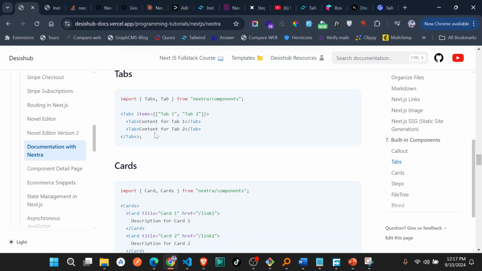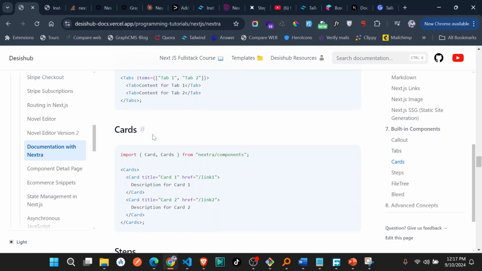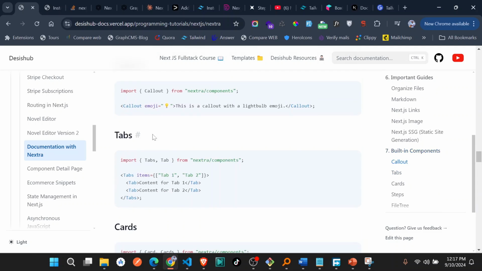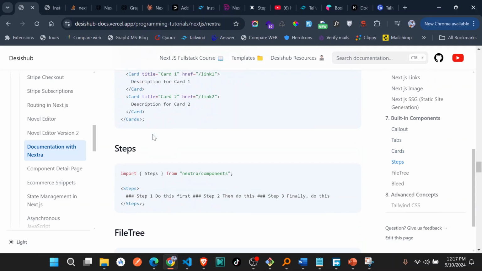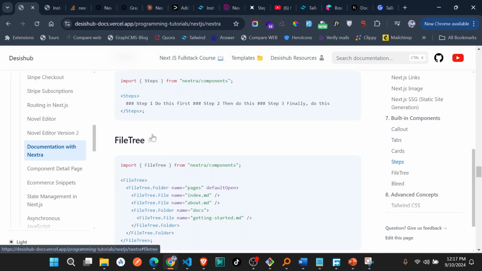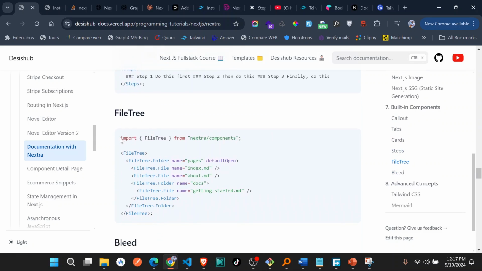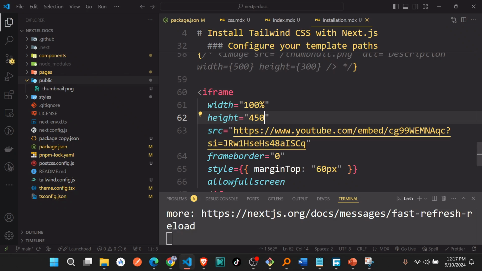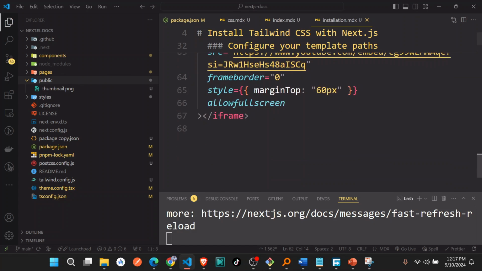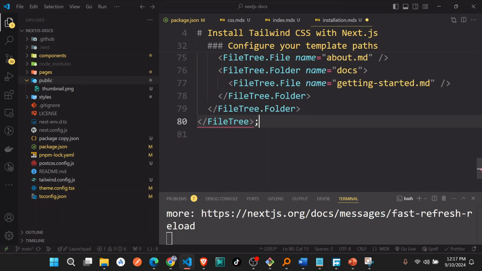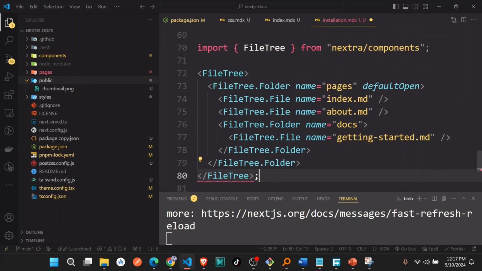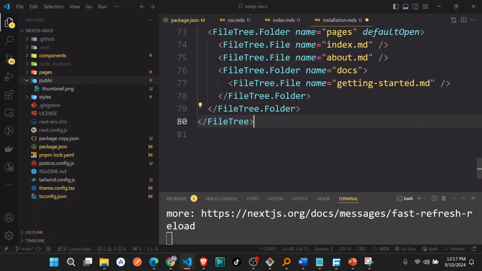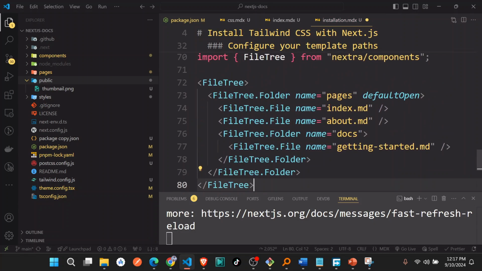I've talked about them. So for the built-ins, be very careful while putting them. If you just came and wanted to add this file tree, it will not accept. Previously, this would work very fine, like this, but now